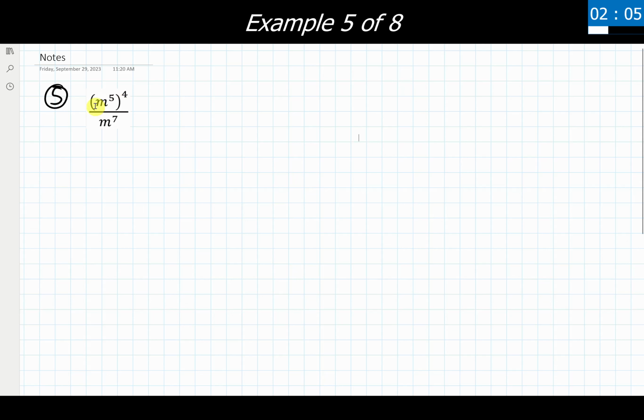Now the numerator also has an m, but I need to work with this set of parentheses and this exponent first before I can work with the quotient rule later on. I also recommend to people when they're going through these is just simplify the numerator all by itself. Just simplify the denominator all by itself. Then and only then do we bring problems together and see what the quotient rule might do and reveal to us. That's just an option that you can use.